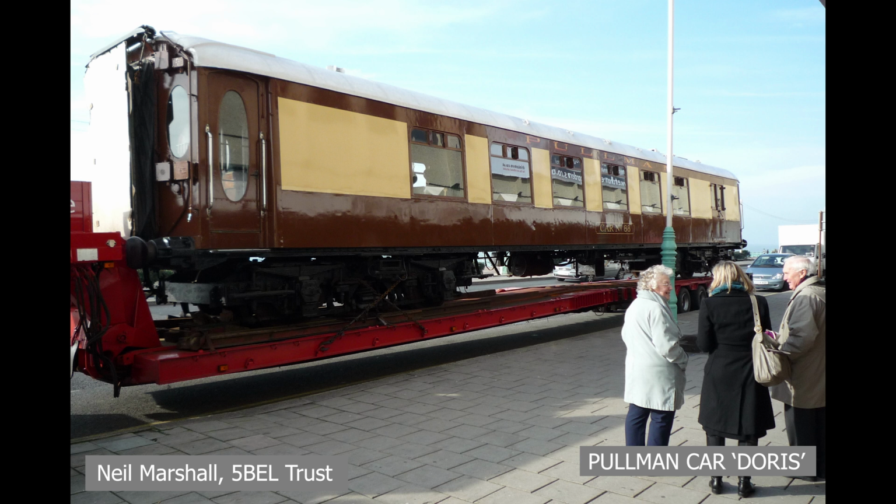Restoration would begin in February 2009 at the Barrow Hill engine shed. The Trust would acquire its 5th car by trading with the Bluebell Railway. The Trust would trade Golden Arrow's Pullman kitchen car Carina for Doris, a Brighton Belle kitchen car. It would later acquire its 6th car by purchasing Pullman First Hazel from the Black Bull. It had been used as a stationary restaurant since its retirement, so its removal was quite difficult, but they managed